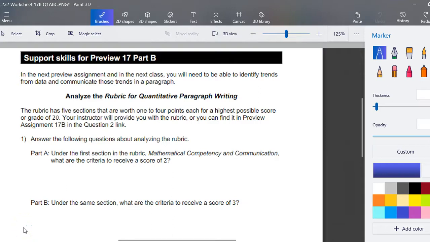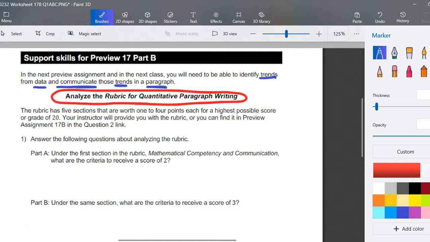Welcome back. We are now at lesson 17B. In the next preview assignment and in the next class, you will need to be able to identify trends from data and then communicate those trends in a paragraph. So we're going to start with analyzing a rubric